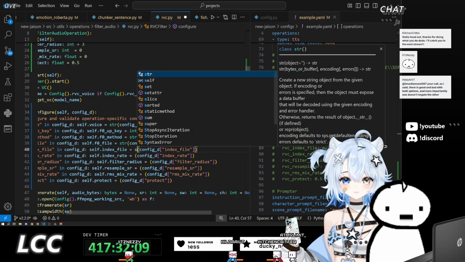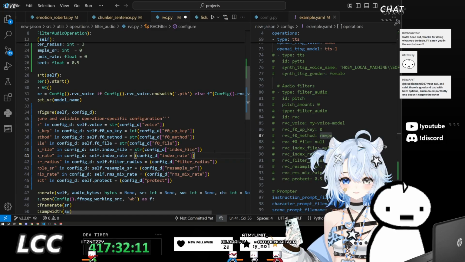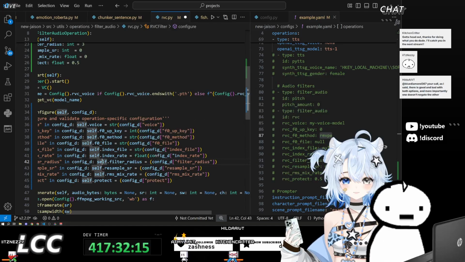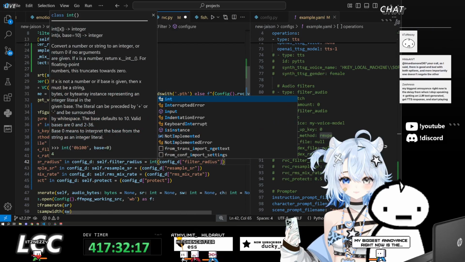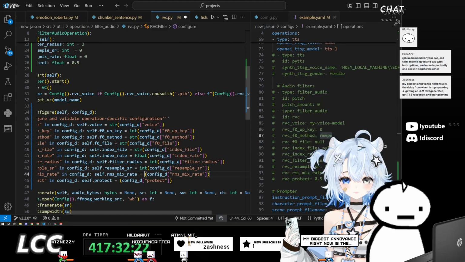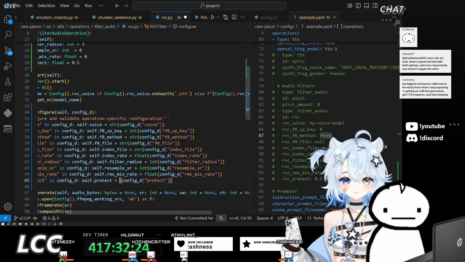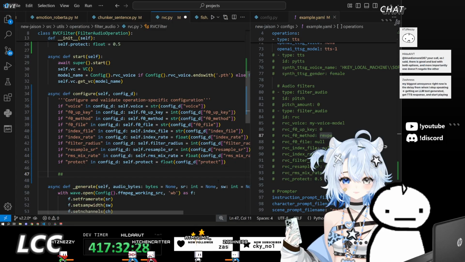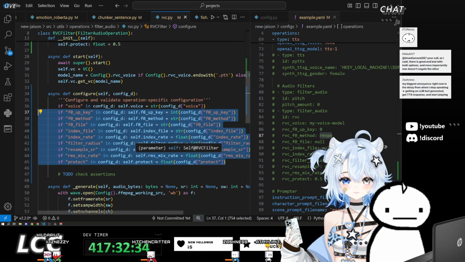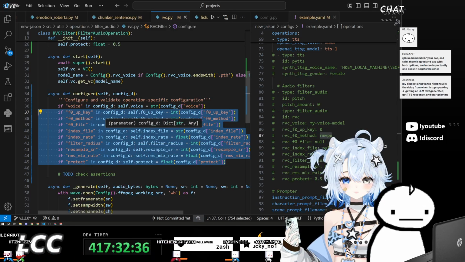Index file, sorry. Index rate, float. Again, I'll need to check for the assertions. I need to know the limits for each of these, and I'm too lazy to check it right now.